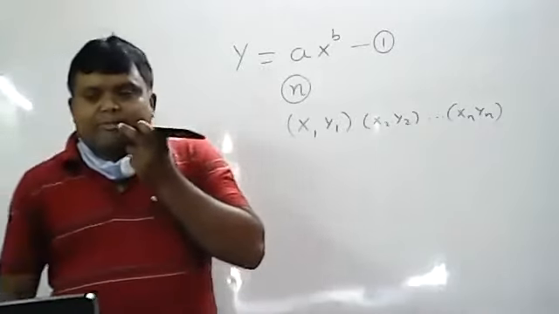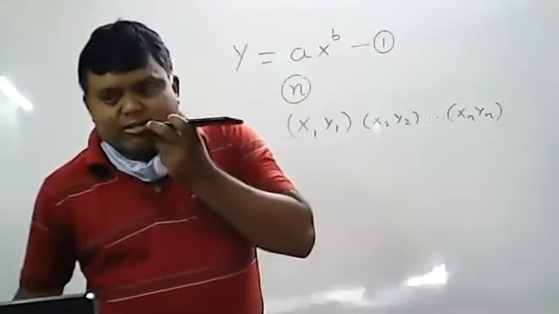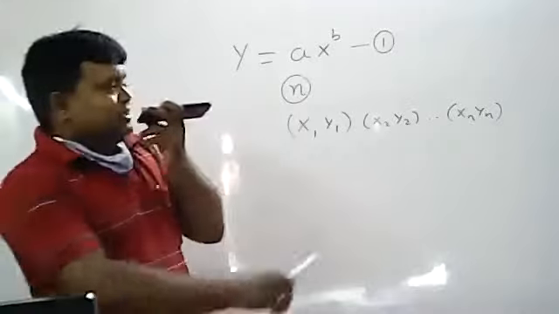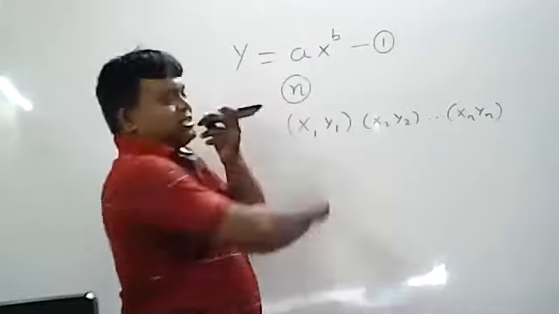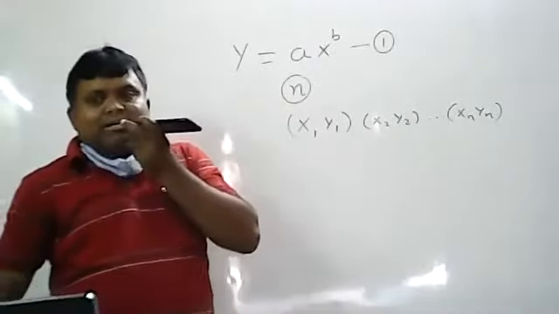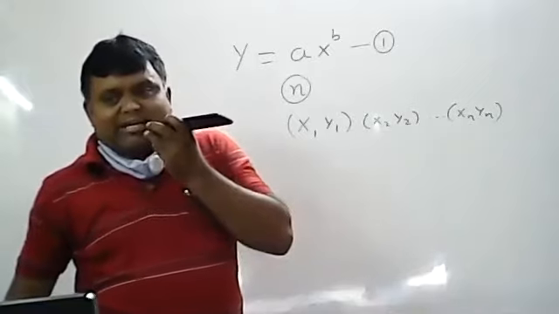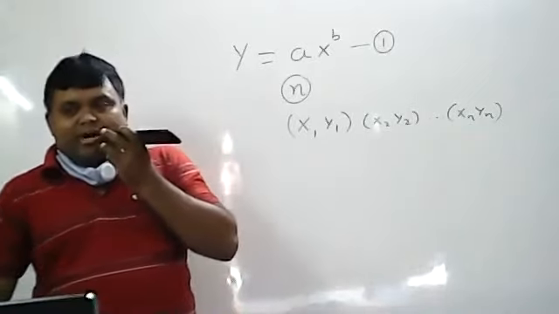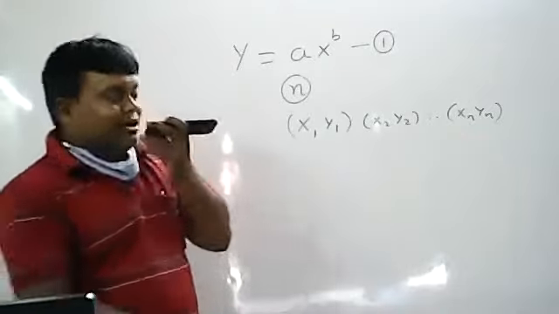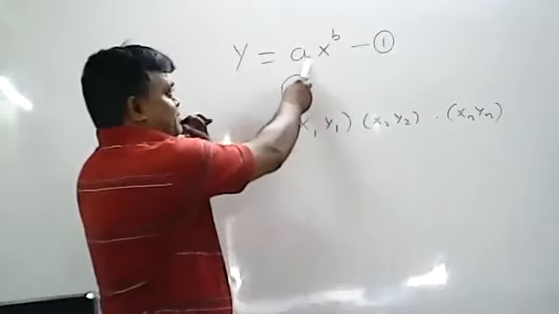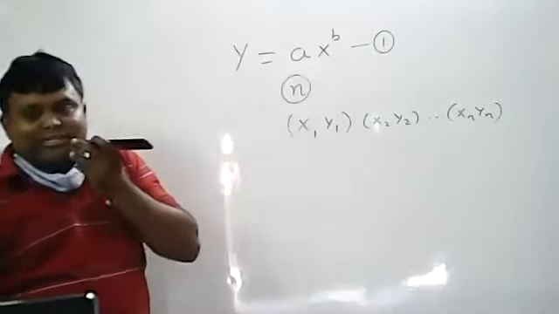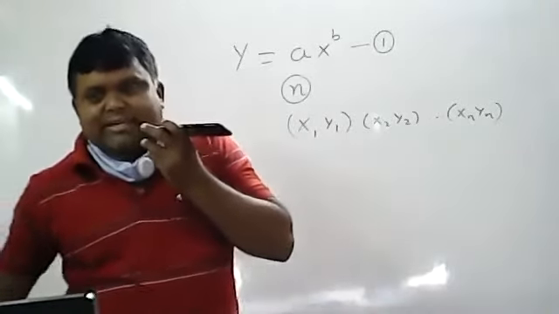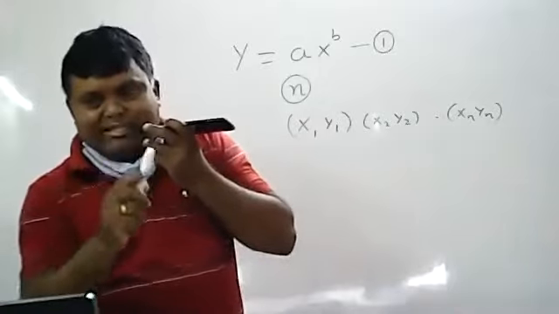Principle of least squares means what? You have to find the E value. But before finding the E value, this is of the form y equal to a into x power b. First you have to convert it into a straight line, because I know how to fit the normal equations of a straight line. Now I want to convert this power curve into a straight line. What is the straight line form? All of you know the straight line form, y equal to a plus bx. In between you will get a plus.